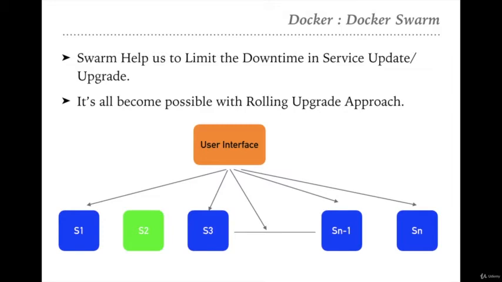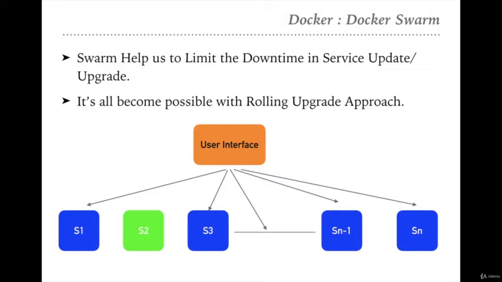The first approach is we can take the maintenance window, upgrade our service, perform the smoke and sanity test, and live the application in production. And the second approach is we can't take any maintenance window and we do the rolling upgrade. The very first thing we need to take care of, when we are saying the rolling upgrade, is that the same service is running on more than two servers, right? There are multiple servers on which that particular service is deployed, and they are serving the traffic to the same service.